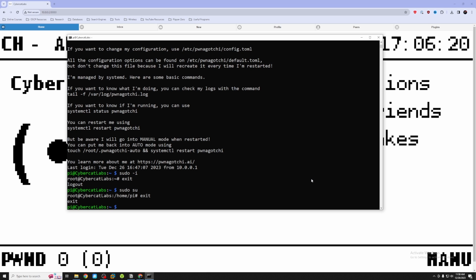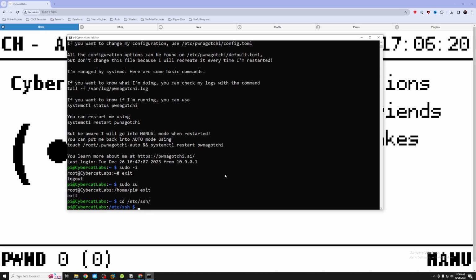So the next thing I want to do is I want to be able to FTP to my device as a root user. Now by default, FTP root login is disabled. So to enable that, we need to change a different configuration file. And that file lives in, we're going to do cd /etc/ssh/. Now if we do an ls,